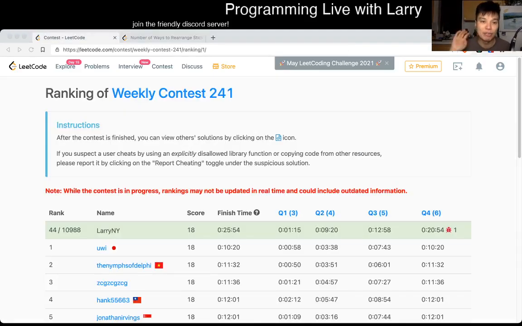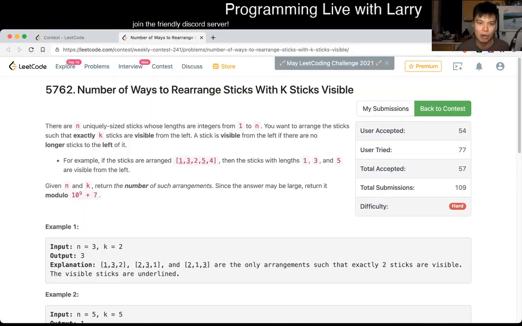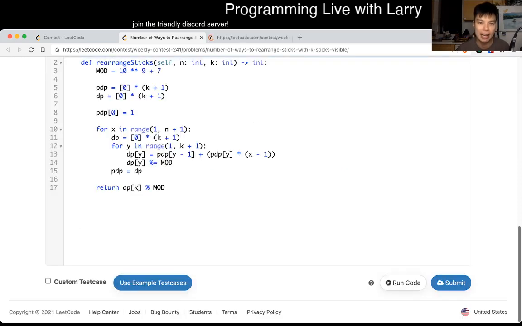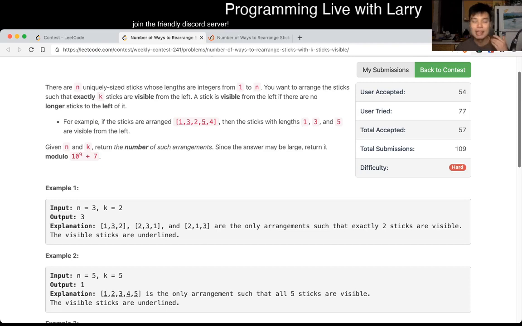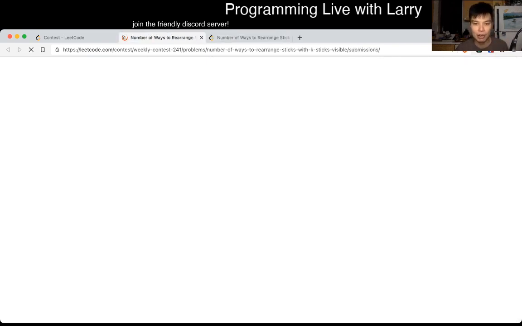This is me going with Q4 of the weekly contest 241, Number of ways to rearrange sticks with K sticks visible. So actually I solved this with dynamic programming. If you watch me solve it live, I'm gonna actually go through how